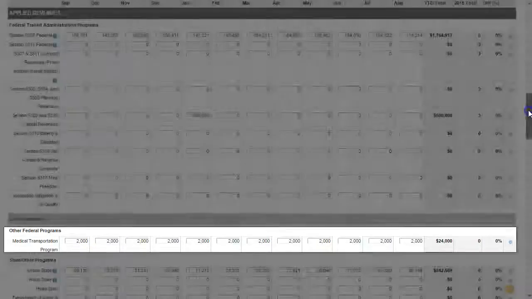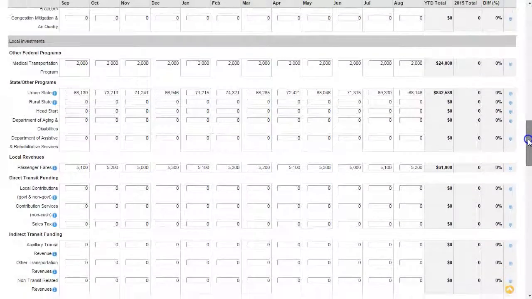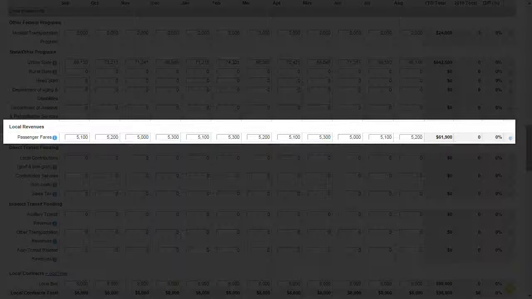Agencies receiving revenues from the medical transportation program can find that revenue source under other federal programs. In addition to urban state and rural state, the state and other programs subsection includes DADS and DARS, as well as Head Start. Any passenger fares received by an agency should be entered in the passenger fares row under local